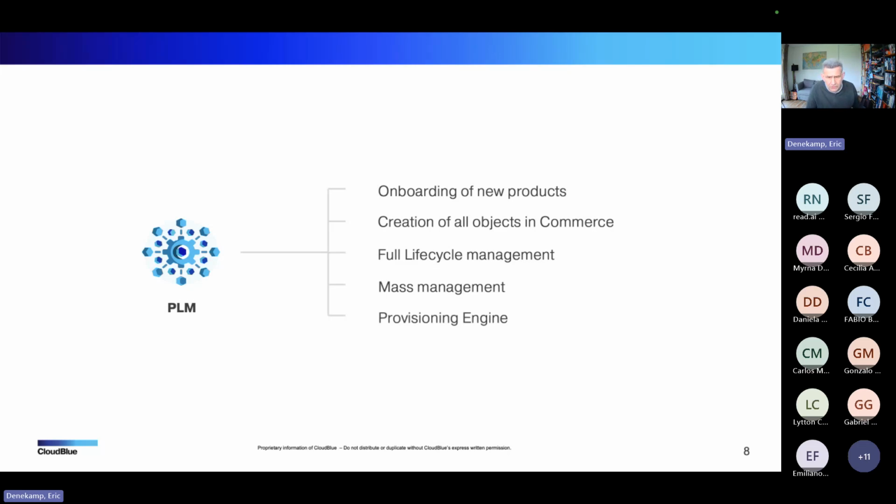And what do I mean with that? Those that are familiar with the product, commerce, might know that there is something called a dummy gate. Dummy gate is a tool to allow manual products that don't have real integration behind it, but you can still sell those products. It all comes down to, okay, now we're going to manually provision it. And PLM offers a replacement for that. Because in version 21, dummy gate is decommissioned. We have an alternative in Product Lifecycle Manager there.